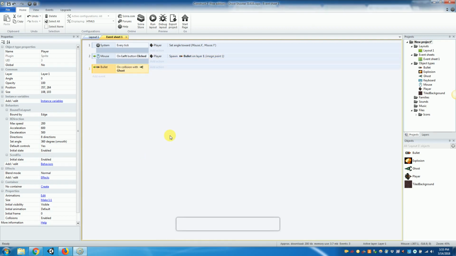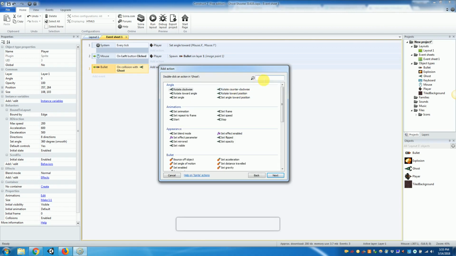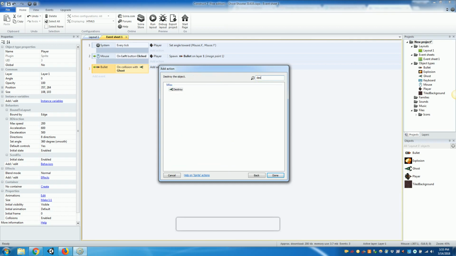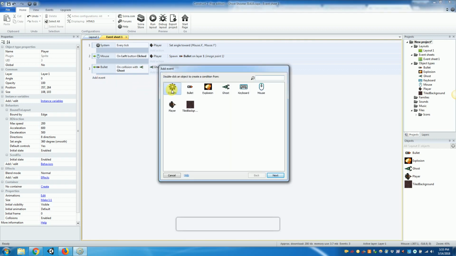And then the action we're going to add to this is we want our monster, our ghost, to be destroyed. So we're going to go ahead and click on destroy. So we should look like this when we're done. And then we also want to add another action. And we don't want our bullet to keep going. We want it to